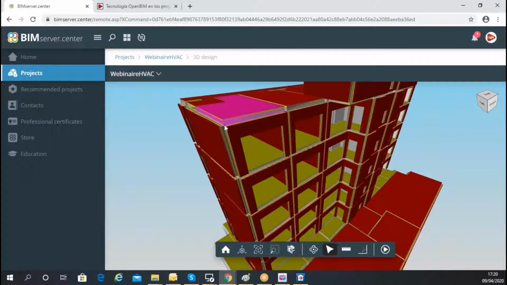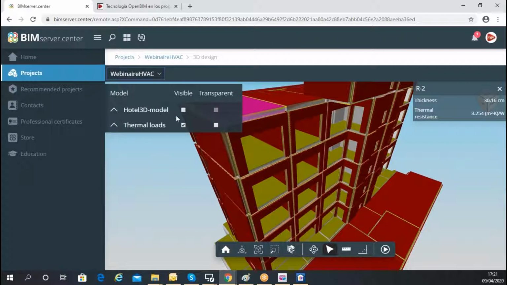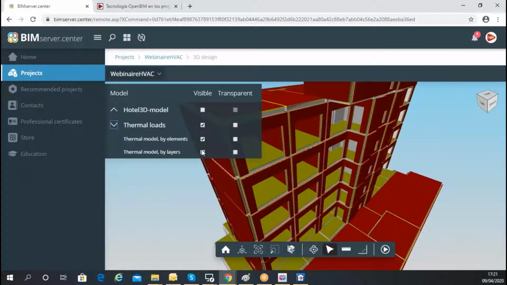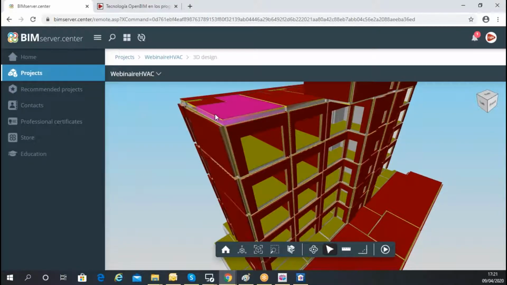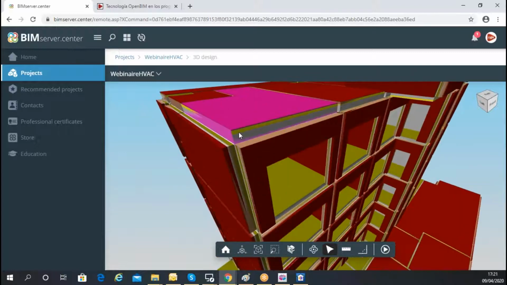3D. If I click on a particular element, if I double click, I will see the R2 roof element with the total thickness and the thermal resistance. But if I want to consult layer by layer, for example, if I expand here, not the elements, but the layers. So here we can see the layers, even for a particular element. If I double click here,